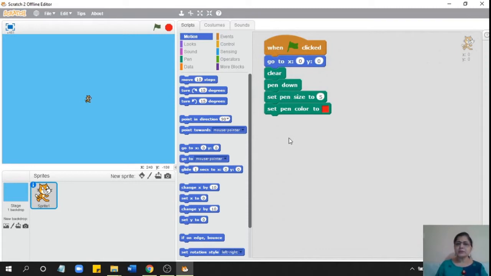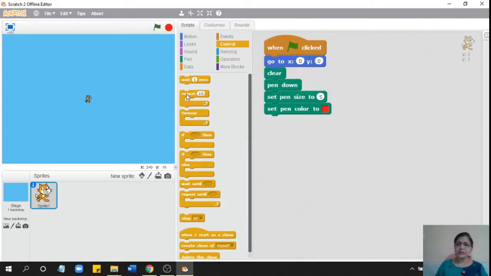After doing this, if I want to draw any polygon, what I had taught you in the previous class was that we have to move some steps and turn a specific number of degrees. For example, suppose I want to draw a triangle. I will keep the repeat command.